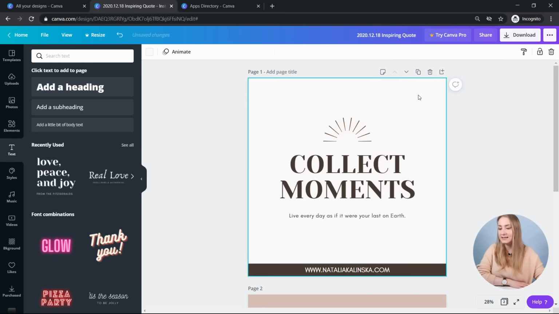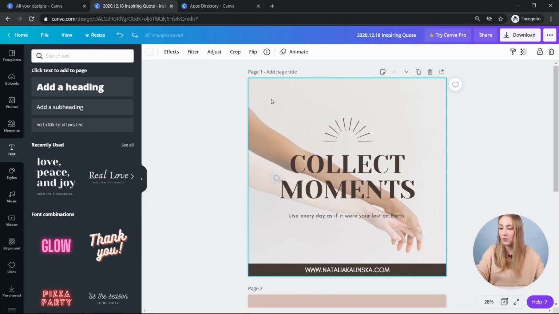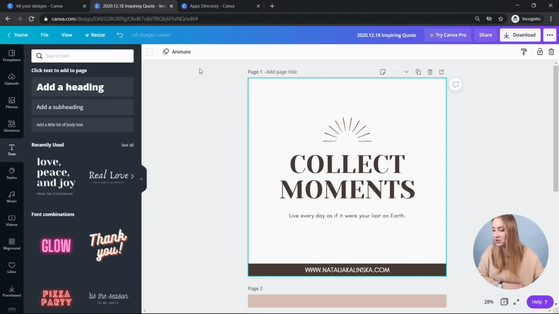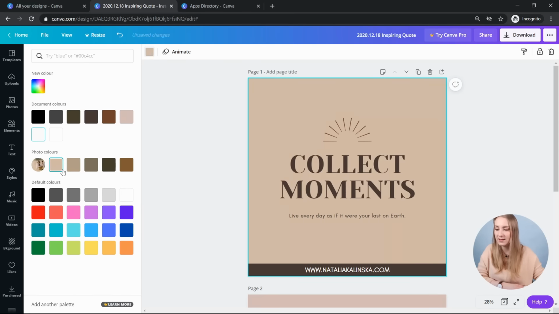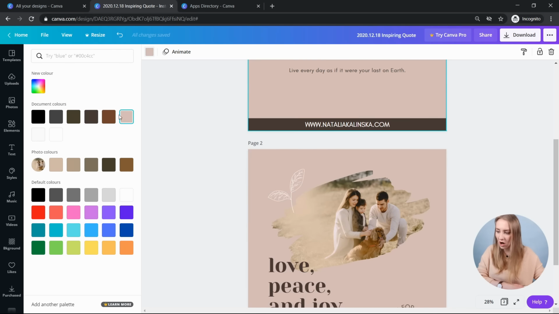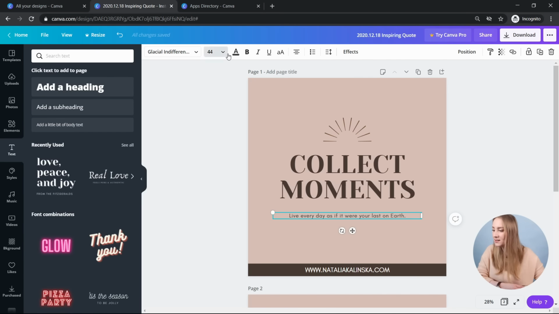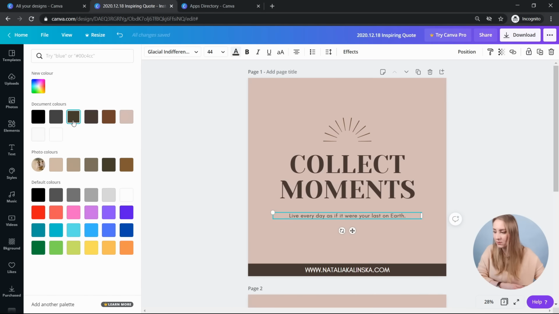Yeah, so this is how you would design. If you start designing something, you don't like a particular photo, you can just delete it in here. Change the color to the one that you've used before. Is that the one that I've used? Actually, no, it's not. This is the one that I've used before, right? So you can see document colors in here. Again, you can click on the color and you can see what colors you've used before. I can see in here that I've not changed the color of this font. So I can change it to the one that I've used.